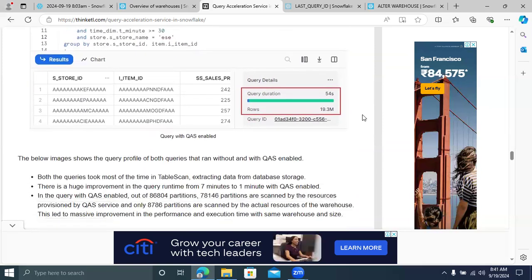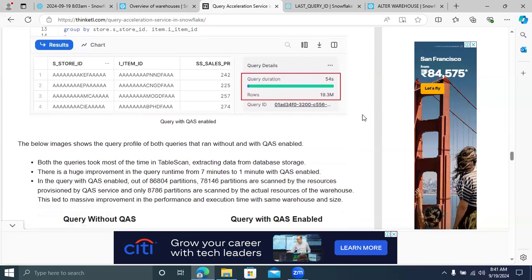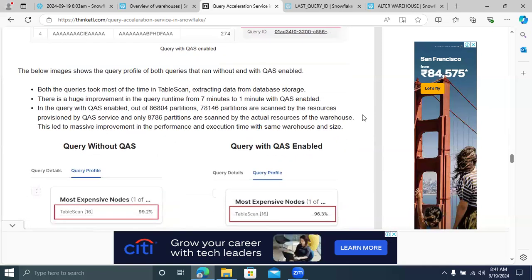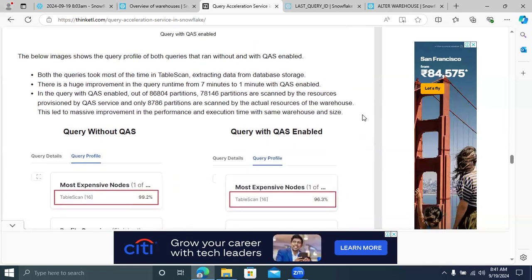Now, we want to see the query without QAS and the query with QAS enabled. I'm going to show some differences in how the table scan is happening. Without QAS, Sendamal, the table scan happened for 99.2%, the entire nodes were utilized.